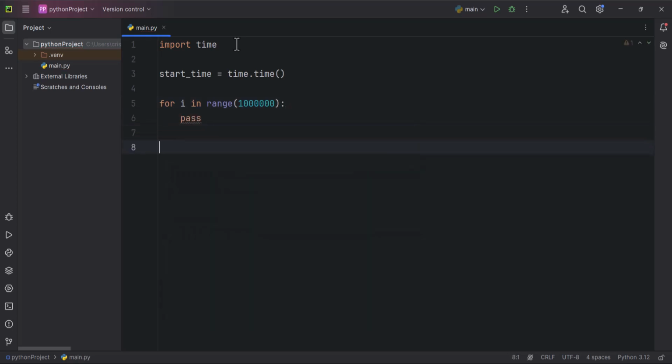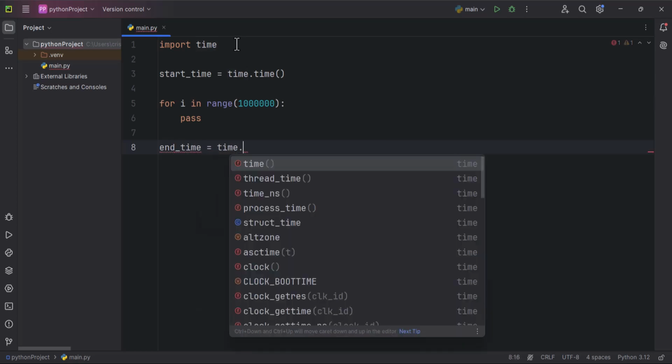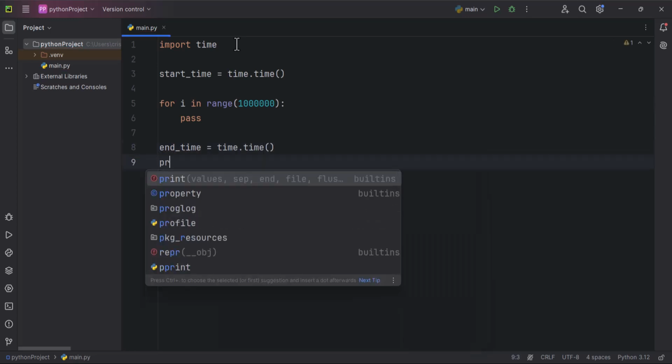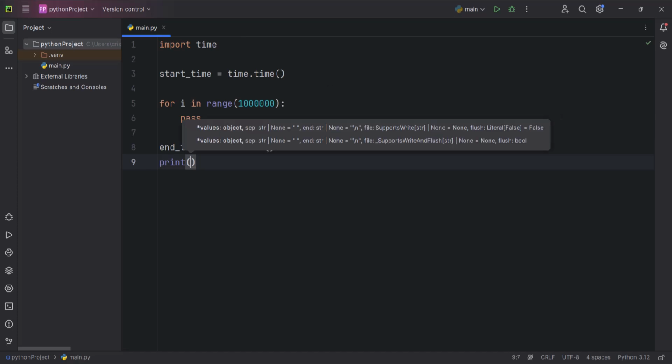Then I'm going to type end_time equals time.time(). Then I'm going to do the print, and the print is going to say